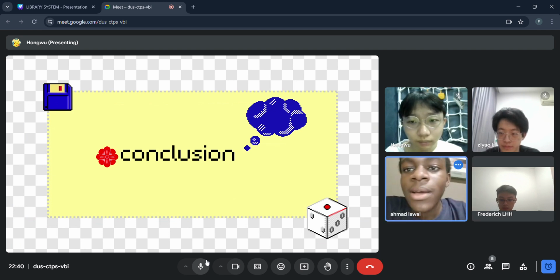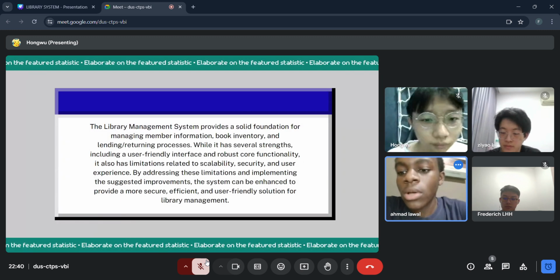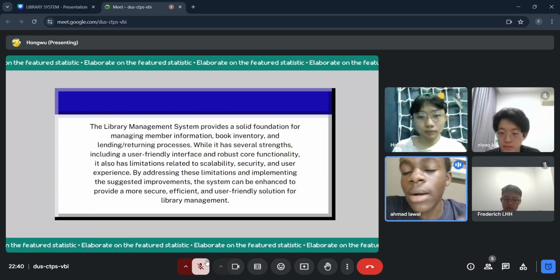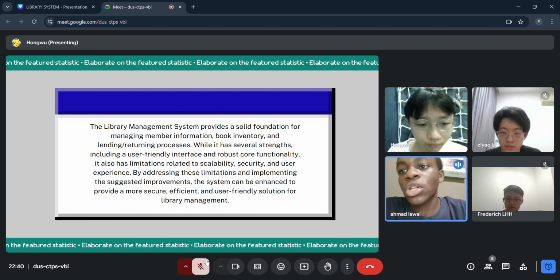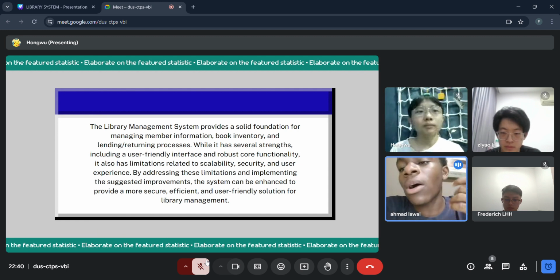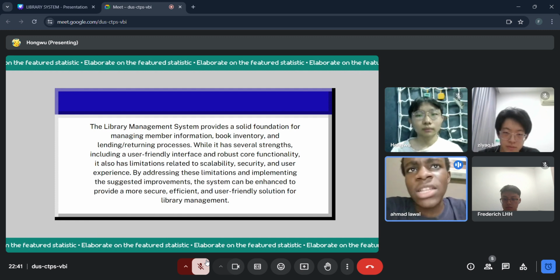Thank you, Fred. Okay, now we move down to the conclusion, which will be the end of this presentation. So the library system provides a solid and good foundation for managing members' information, book inventory, and lending and returning process. While it has a lot of strengths, including a user-friendly interface and robust core functionality,